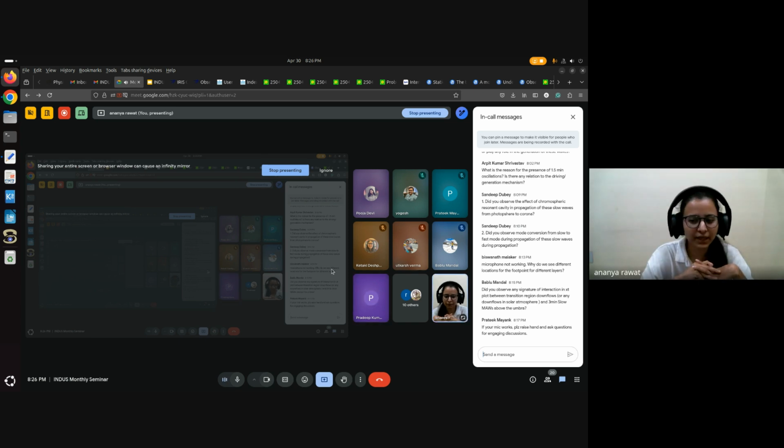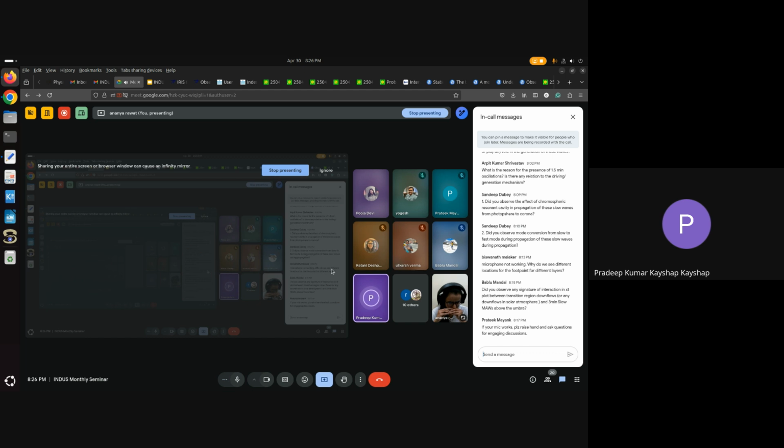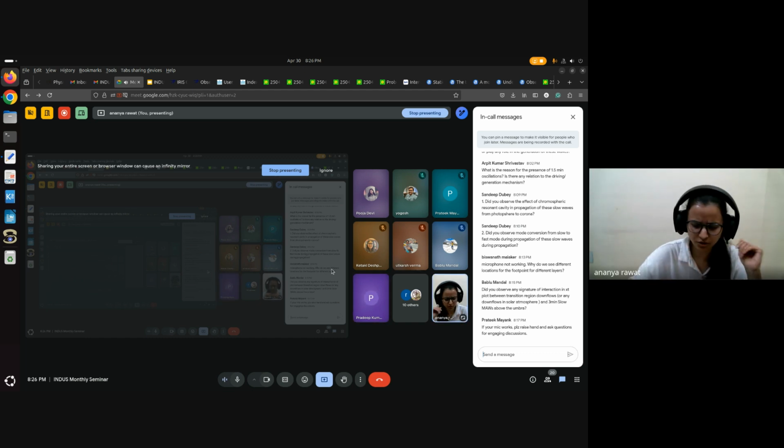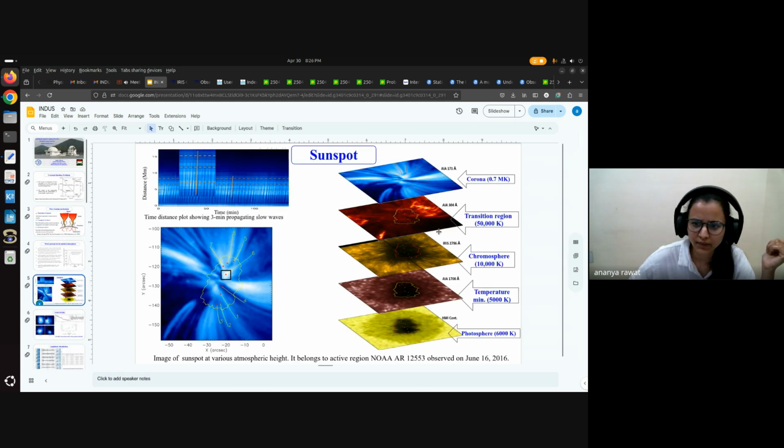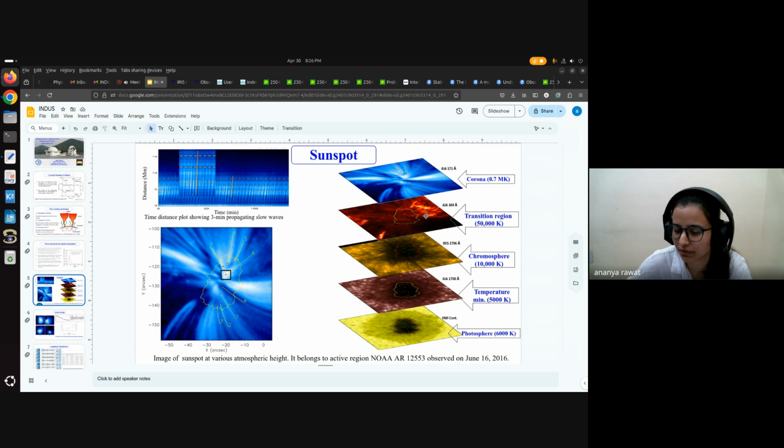But in the umbra, we cannot see these loops. So in the transition region, when I show this image, we can clearly see that I have plotted these points as the loop points, but here we can clearly see that loops are not clearly visible. We cannot say that this is the